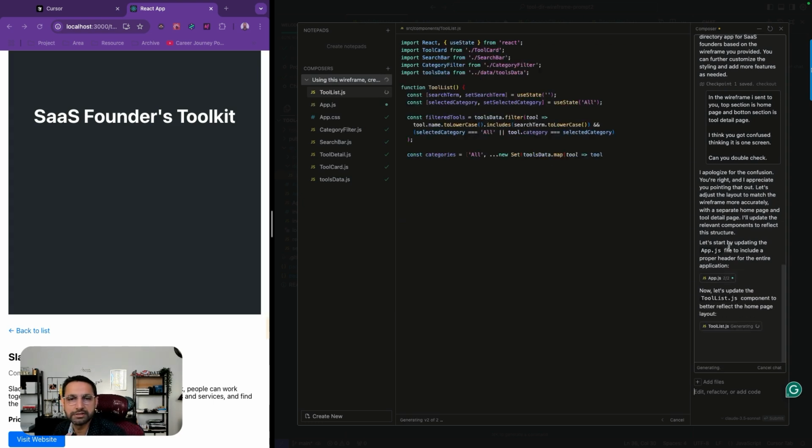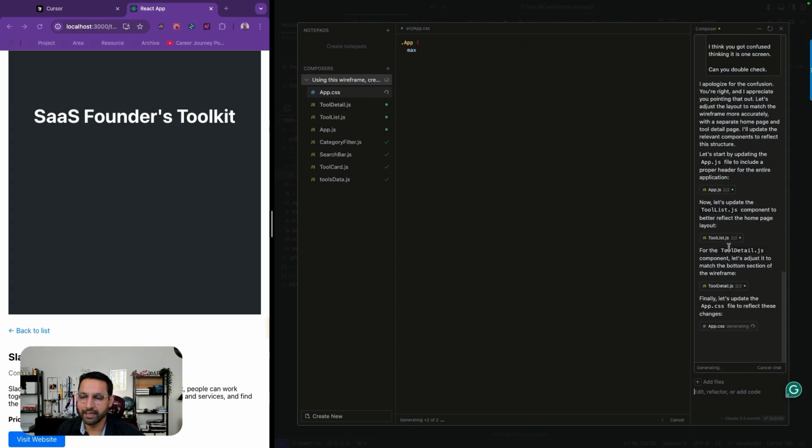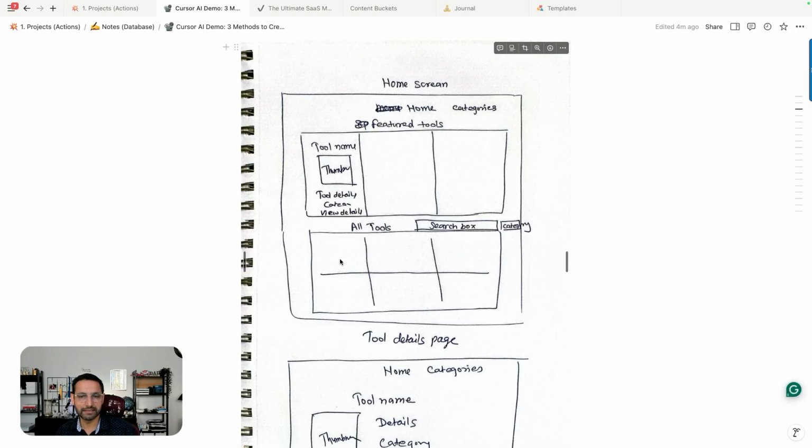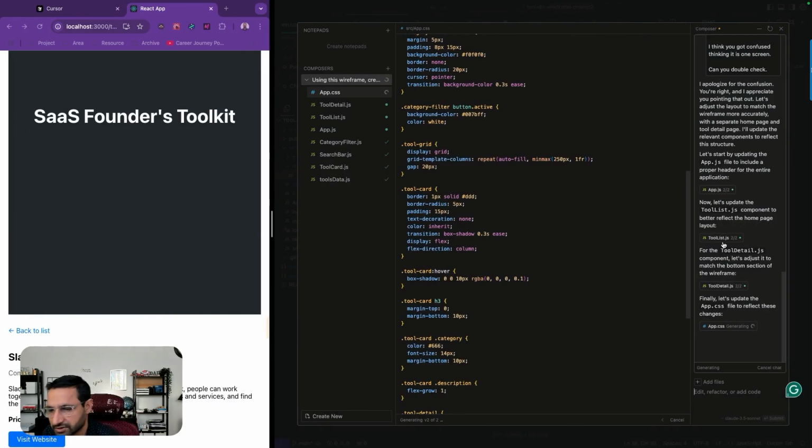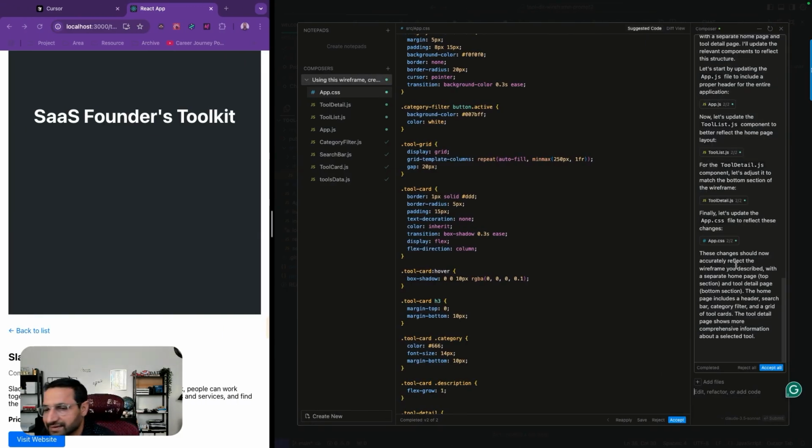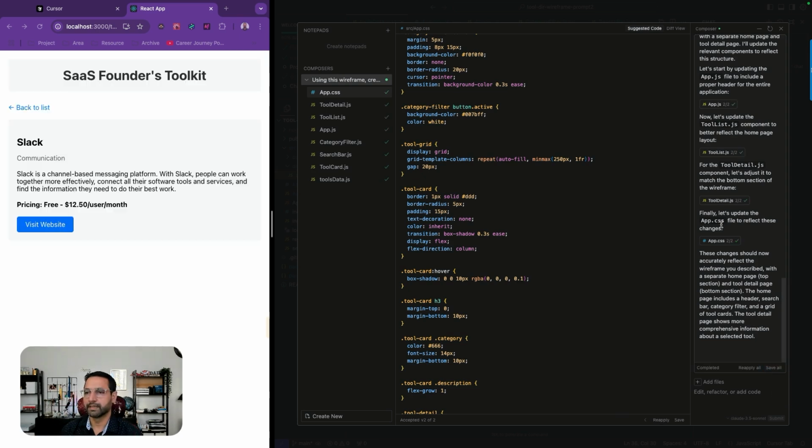So it's going to change all the files for us. I intentionally sent this page because I wanted to see if it can determine multiple screens within the same one. You don't want to send so many different screenshots, right? Maybe it's too much for it. Let's see. Changes should be accurate now. It described the separate home page, top section. Wow. Apply and then